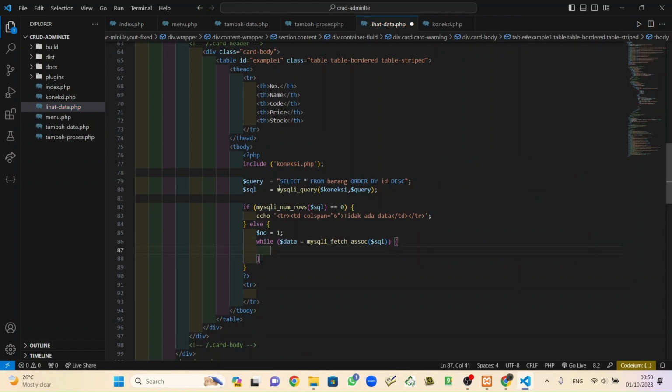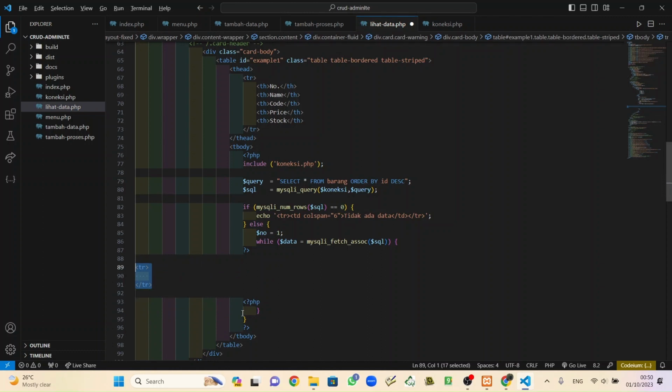Now, here we put a close tag for PHP and open again here. Okay, and move these two things. Okay, decide that.